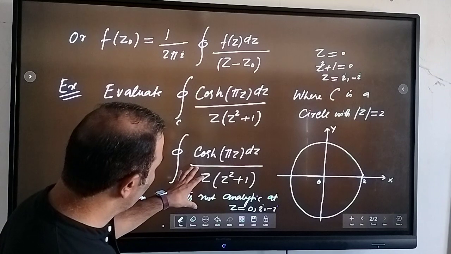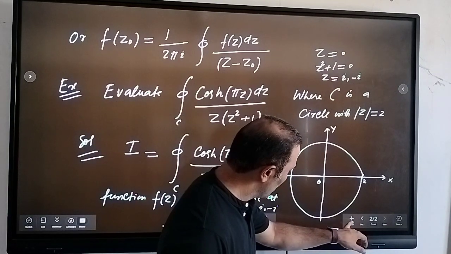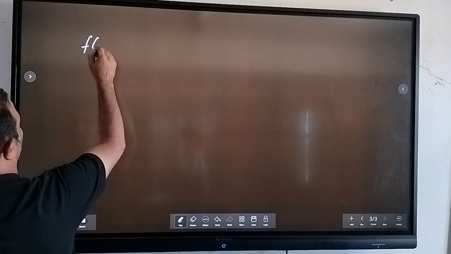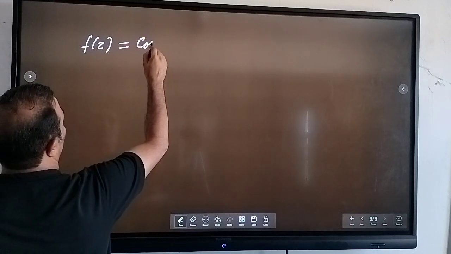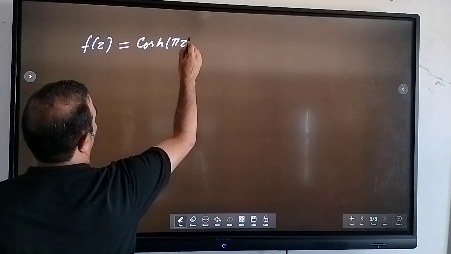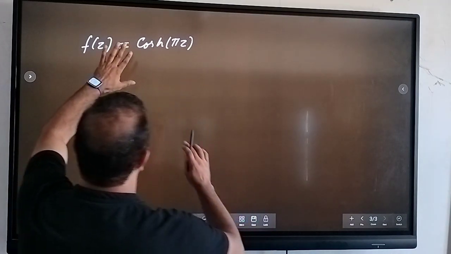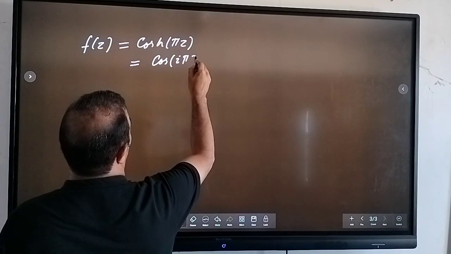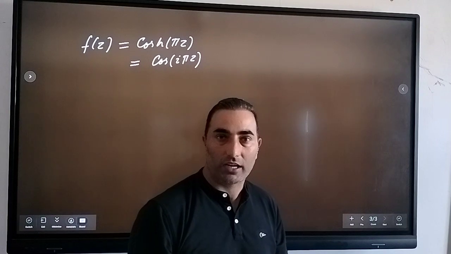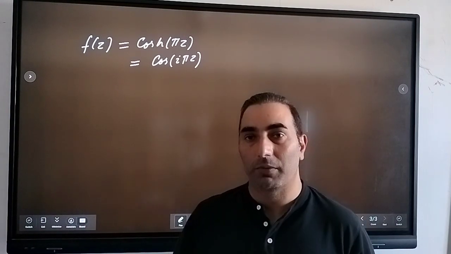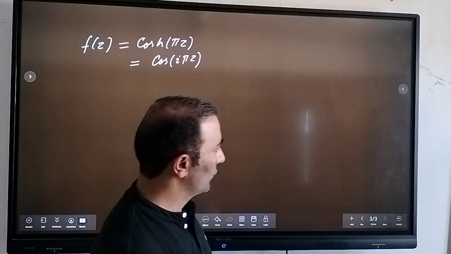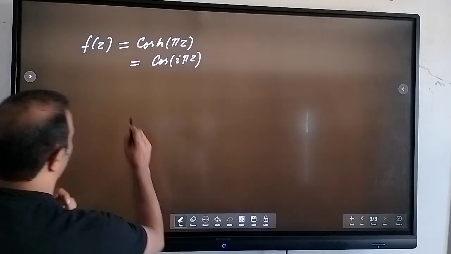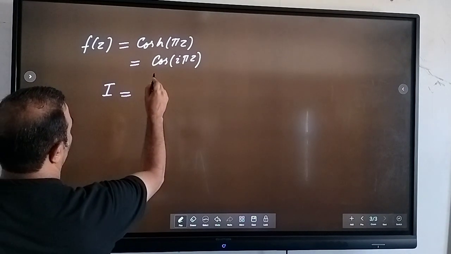So let us solve this. Now we can write that f of z will be equal to cosine hyperbolic of pi into z. And you can write this as cos of i pi z, because you can convert the cosine hyperbolic function into cosine by multiplying by i pi into z. So our integral in that case, I, will be equal to